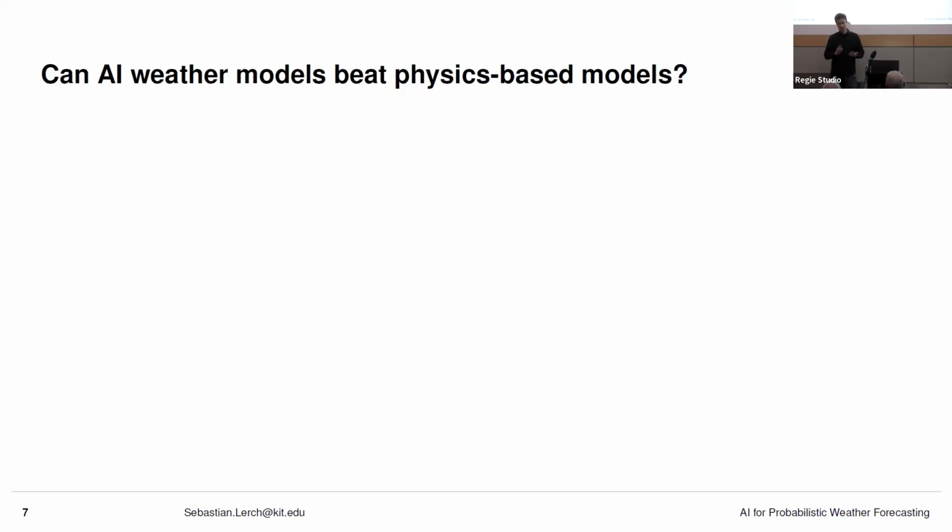Now, at this point, I would like to ask you what you think. So as of today, can AI-based weather models outperform physics-based weather models? We can do this via a quick show of hands, maybe. So who still believes in physics and that physics-based weather models give the better forecast? Okay, who believes in AI models? Okay, so it's split pretty much 50-50, and it's very interesting to ask this question to different audiences. So the answer is maybe. So it's not really a decisive answer, I know. Maybe I should have put probably instead, and I'll explain why in the next minutes.